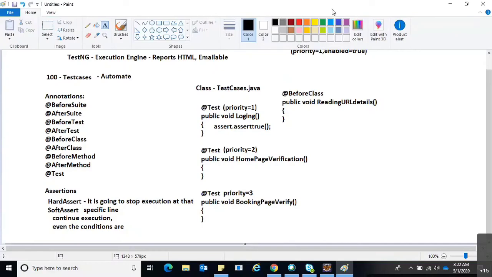Ravi, can you tell me tomorrow where we used the before test, after test, before class, after class methods? Yeah, I will tell you why we use all the different annotations. Initially we will see the page object model, and then we will go with TestNG tomorrow.